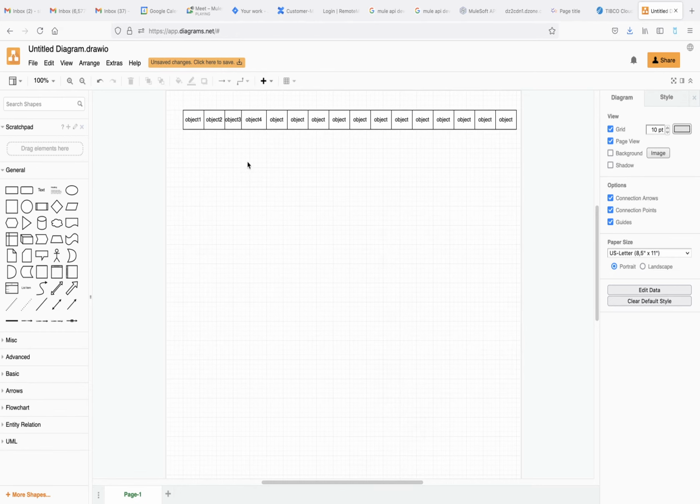Now I'm taking a different scenario where we have multiple components, and you can tell me which component we should use.